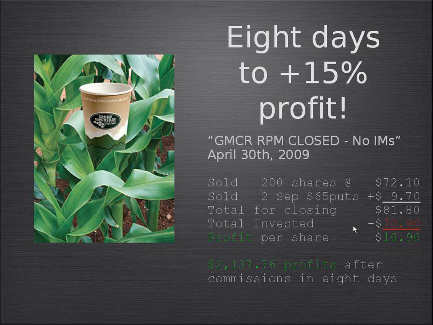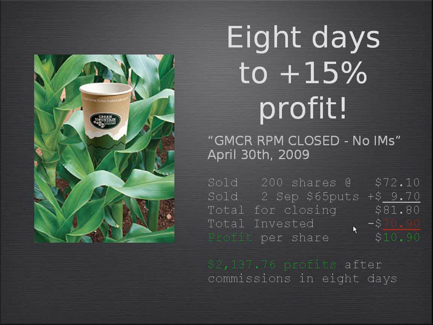When we enter into a married put position, we have a limited risk. In this case, it was about 8 or 9% of our total investment. Remember, we're guaranteed to get out of the position at $65. So even though our original investment was $70.90, at any time between now and September expiration, even if the stock